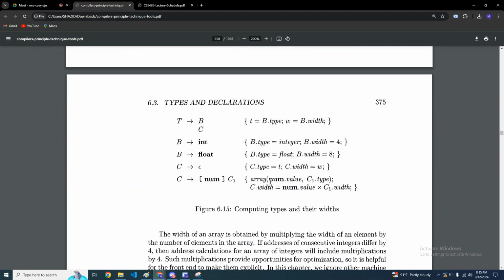Okay, now we have seen the semantic rules for syntax directed definitions, right? But we have not seen syntax directed translations and their semantic actions. Instead of semantic rules, we are using semantic actions here. Okay, so instead of using semantic rules, what are we using? We are using semantic actions,